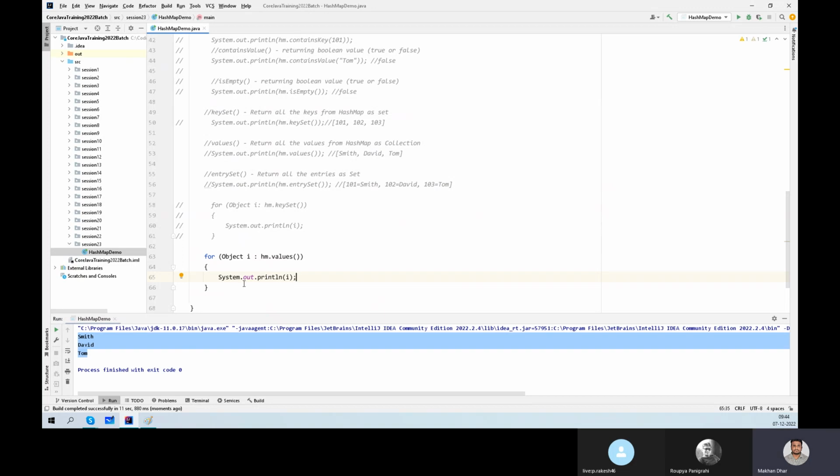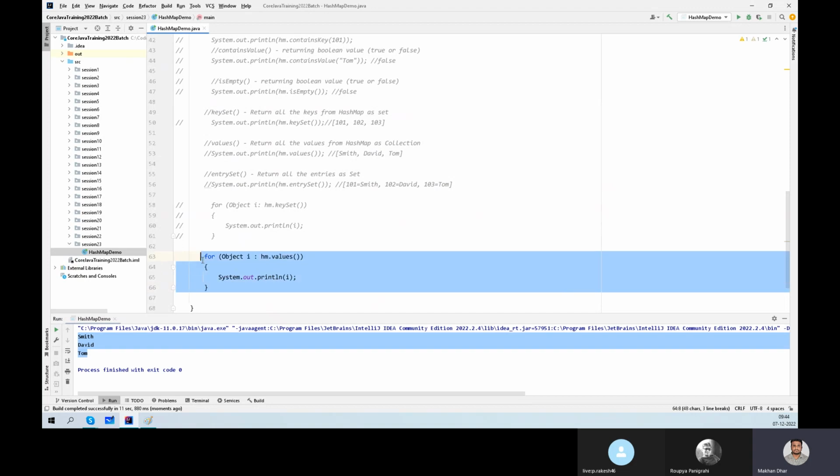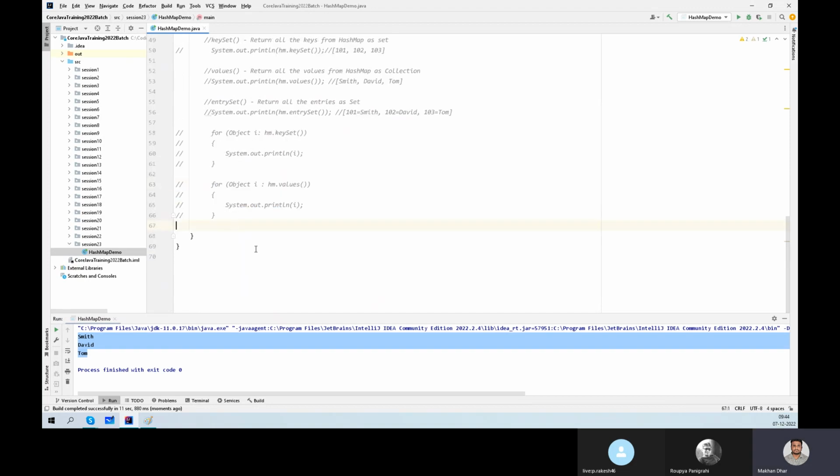Okay, now let me comment this one. If I want to return the key and value pair using a for each loop,